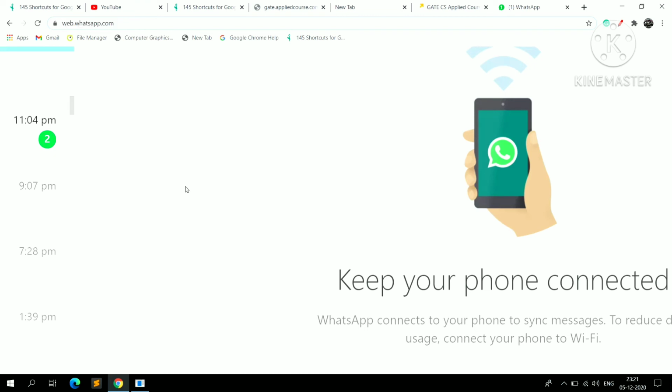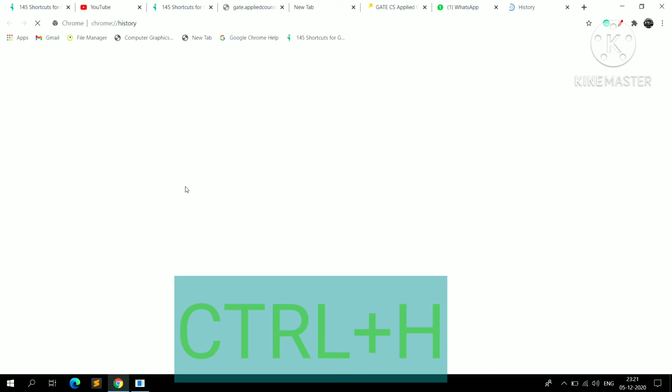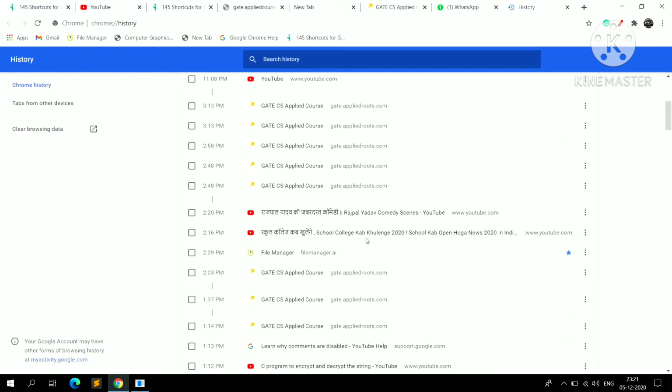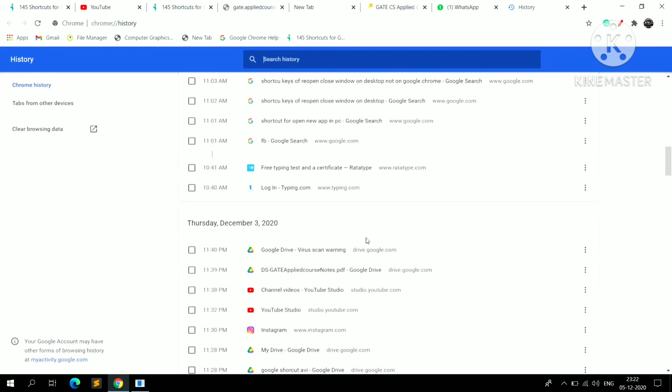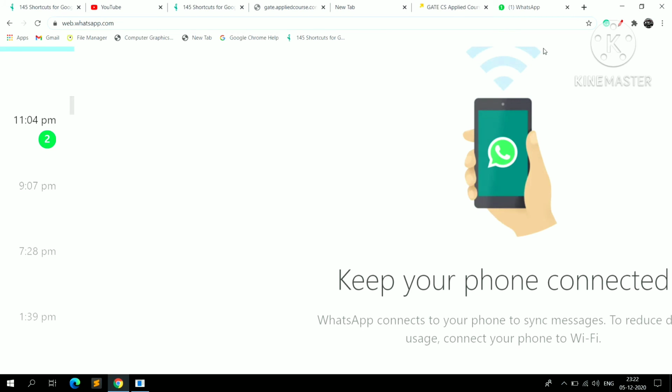Next shortcut key is Control plus H. I think you know this shortcut key, but I share it with you. If you don't know, you can see the Google Chrome Task Manager. Just press Shift plus Escape.